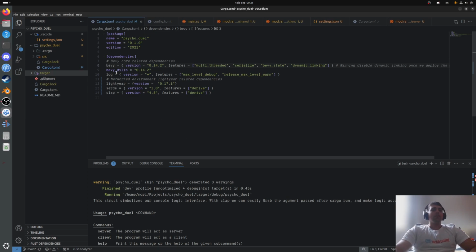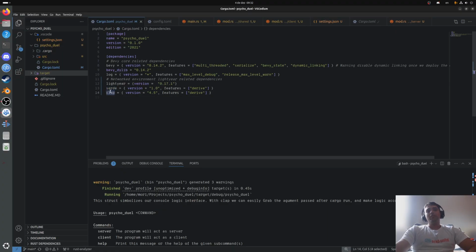Never quit. Anyways, Lightyear is the crate that we're going to use for networking. Okay, it's really important that you guys know that. It's basically Lightyear, made by Cbor. Shout out to the guy I shouted out in the last video. And for this crate, we're going to use version 0.17.1. Don't care that much about the versions, guys. I know you need to migrate and sometimes you can't copy code, but I like to believe that when you can't copy code, it's a learning opportunity, because that way you actually learn and understand what's happening behind the scenes, okay? Serde is a crate needed so we're able to serialize things, which makes converting easy, okay?